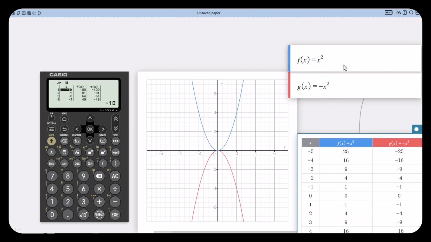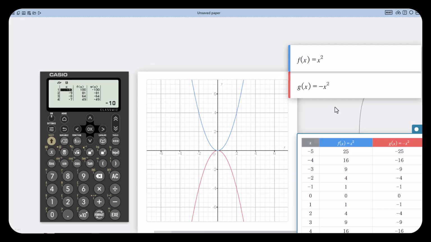So, horizontal shift. We already learned that the negative or positive opens it up or down. In the previous video, they already know that if they put a coefficient with the x squared, they're going to make their parabola skinnier if it's a number larger than 1, and wider if it has an absolute value less than 1. And they also learned that if they add a constant, that's going to shift it vertically up or down, depending on whether it's positive or negative.